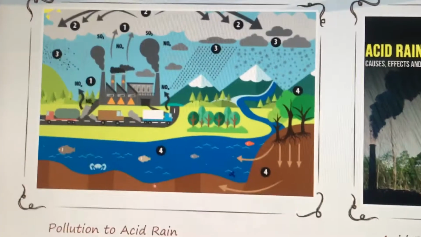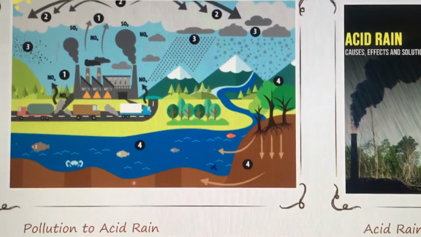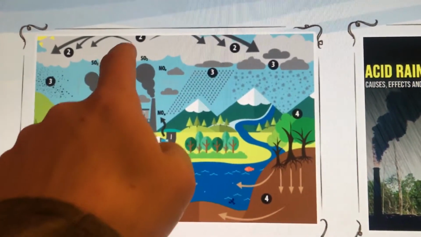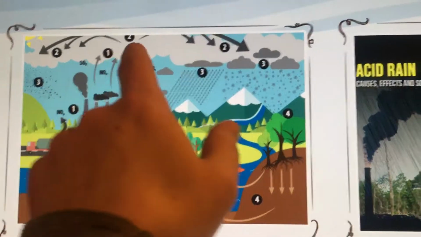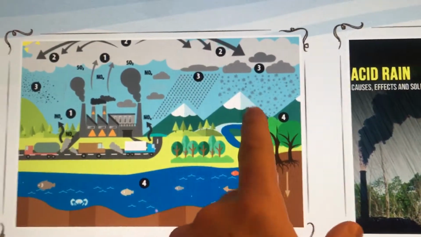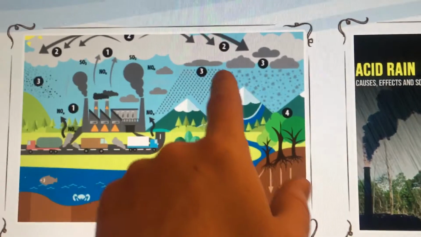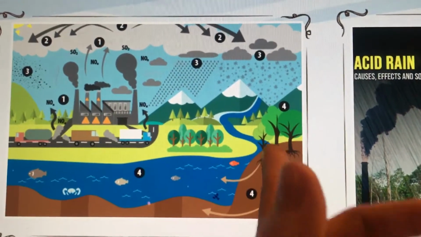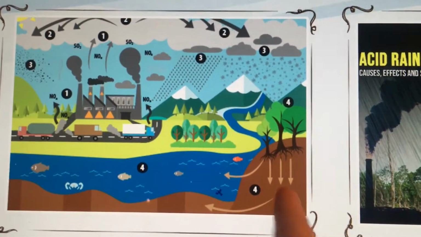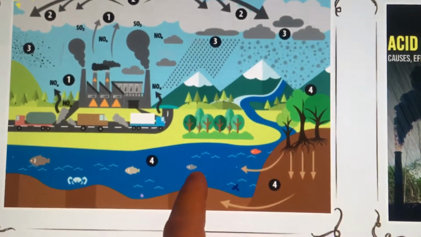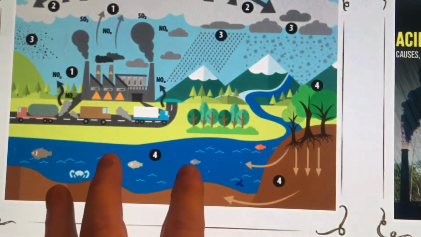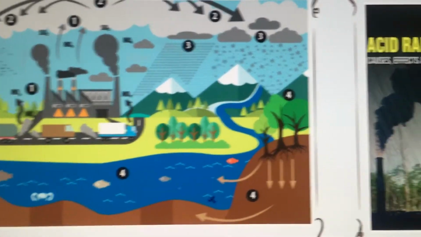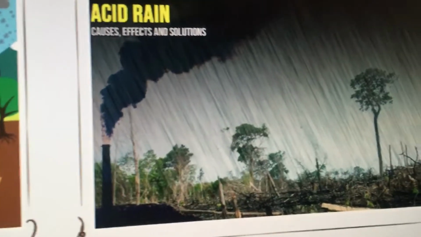But anyway, we're looking at this picture for acid rain. The picture is kind of cut off, but what you can see is pollution from the factories going into the air. Then it starts to come down as condensation in rain or snow in any of these forms. It gets into the trees, as you can see, and it kills the trees. But then the water also seeps down into the water table and it gets into the rivers and the lakes. Okay, that's not good because that can affect the fish as well, and the plants and the animals that are in the water.